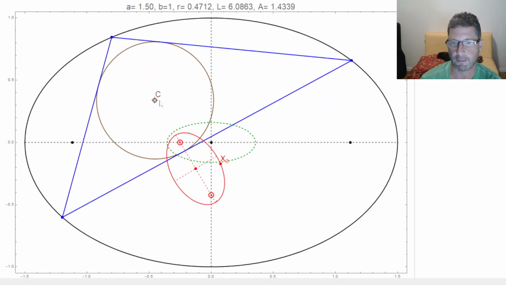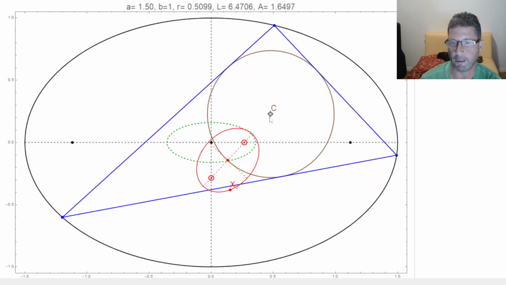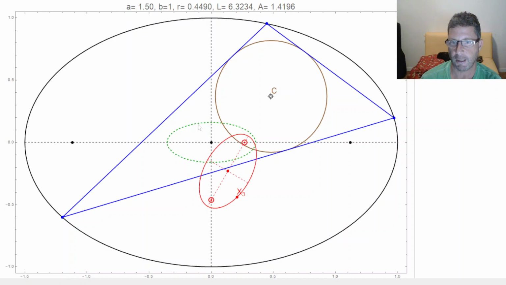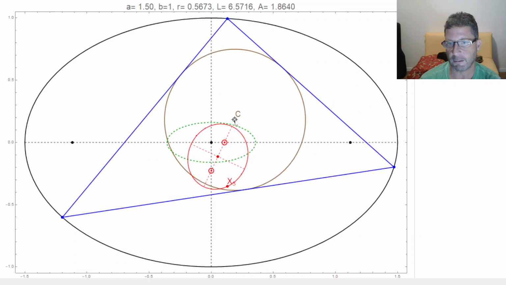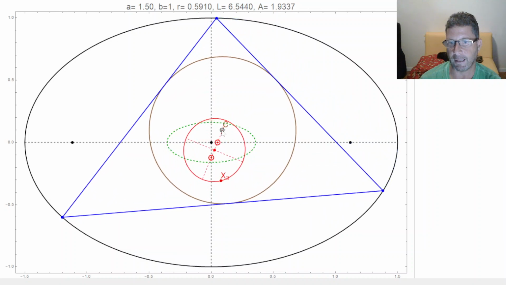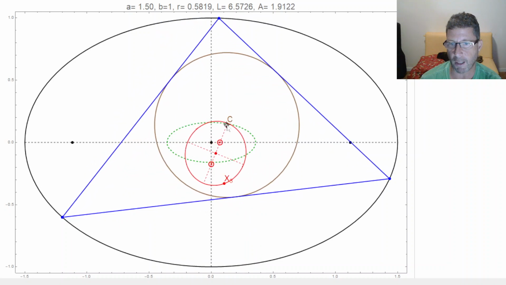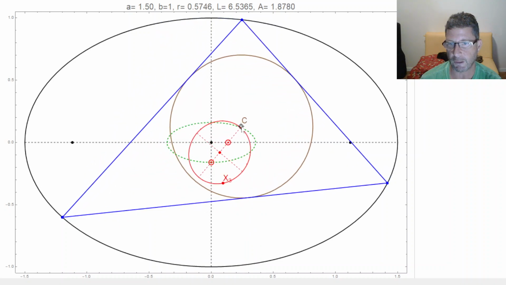ellipse. Another thing that I'm drawing here, I've computed this numerically, I still don't know if this is a true ellipse or not, is this green region here. If C is within this green region, then it is interior to the locus of X3. Notice now C is interior to this green region. The first focus of the locus is on the major axis, the other focus is on the minor axis, and C is interior. If C is on the boundary, on the green boundary, then of course it's also going to